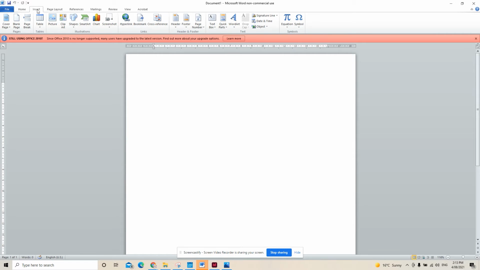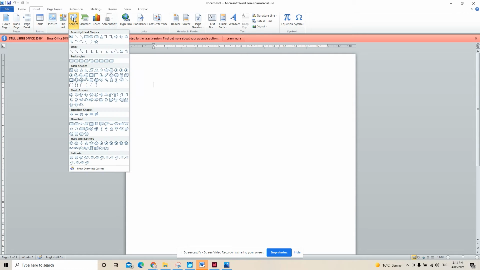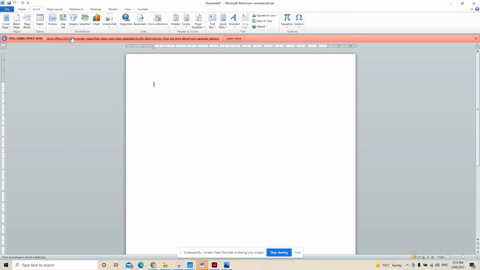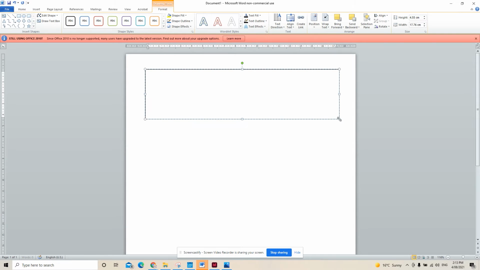If you want to make a heading, what you can do is use this Shapes tab. If you click on this Shapes tab, it gives you all kinds of different shapes that you can add to your page. One of the best things you can use is this one, which has a little A in it, and it's for a text box. If you click on this text box, you can then click and drag across your screen,